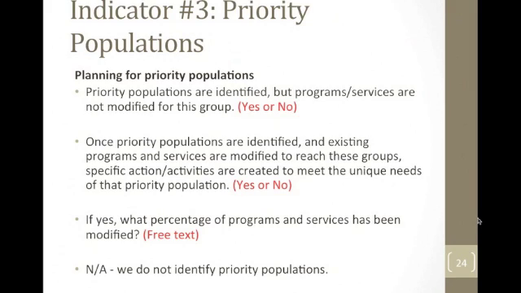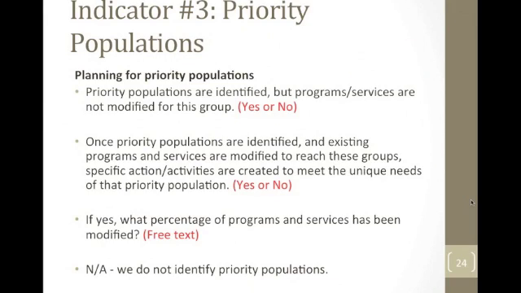So this is about how once they're identified or not, I guess, whether they're incorporated into the programs and services. The option is they're identified, but there aren't necessarily mechanisms, they're just there as an identification, but there's no process in place for modification of the program services to help meet the needs. Then, as you go further down, they're identified, and actually programs and services are modified and there are specific actions.